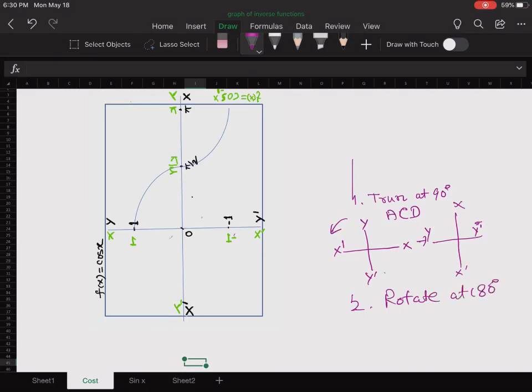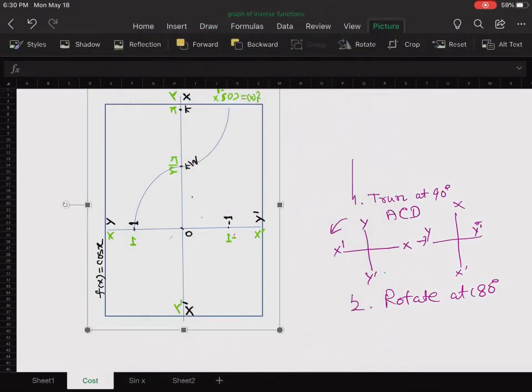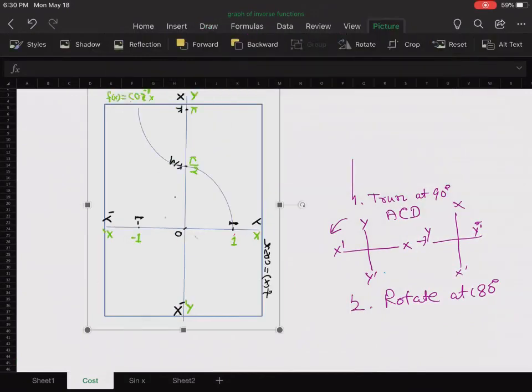Because we see that from the back side, it will represent the graph of cos inverse x. Okay, rotate it. Now we can rotate here also. For rotation I will again select the picture, rotate, flip horizontal. Okay students, now in the green marking we can see that this cos x graph represents the graph of the cos inverse x function. So this is the rule.